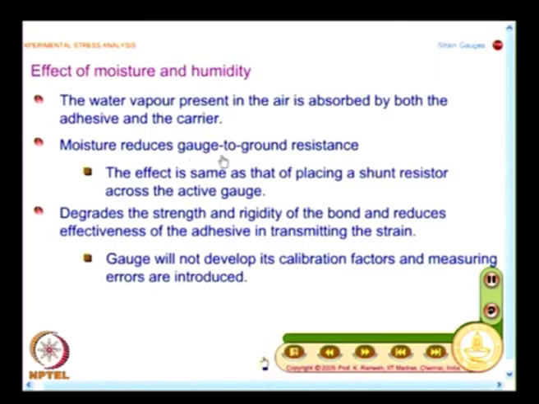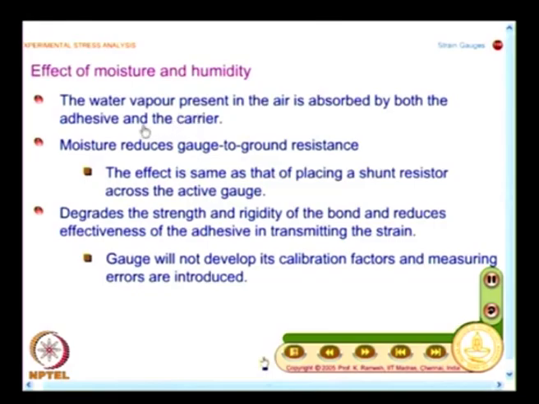The gauge to ground resistance gets reduced. So, you have the first effect because of the water. This is similar to placing a shunt resistor across the active gauge. So, this is a nuisance that you need to avoid,